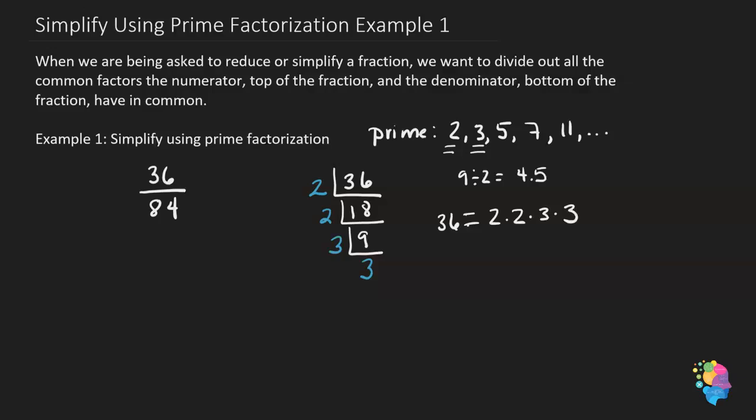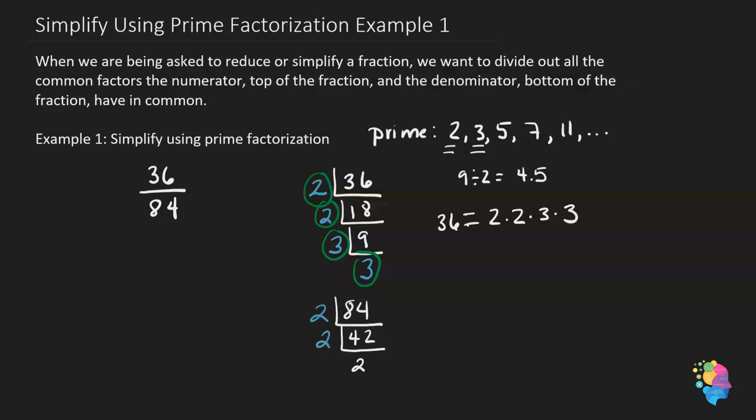We take these values, the ones outside that upside down division. We're now going to follow the same process for the denominator. The denominator is an 84. So we begin by trying to divide by 2. And 84 divided by 2 is going to give us a 42. And then we try it again to divide by 2, and 42 divided by 2 is going to give us